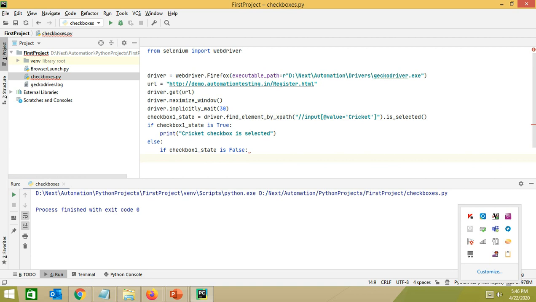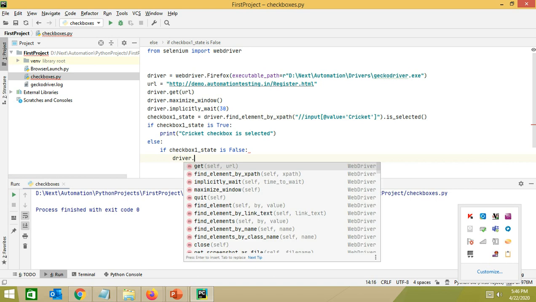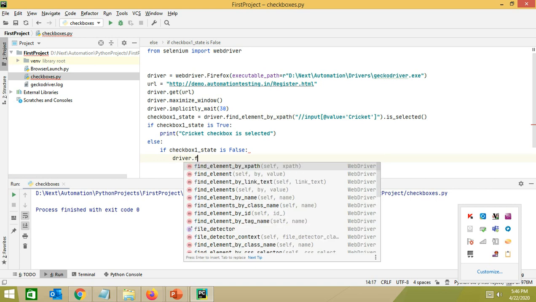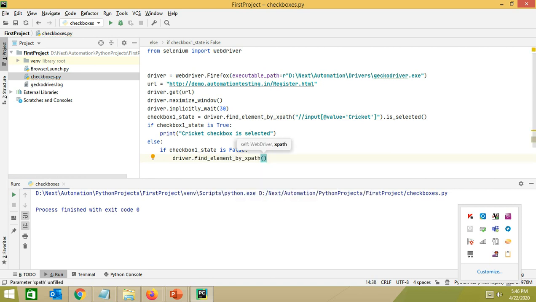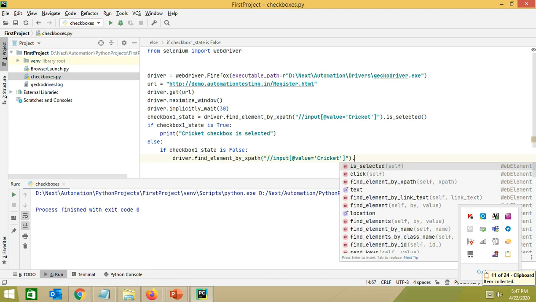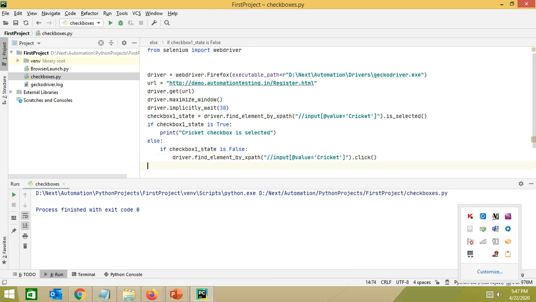we'll change the selection. We'll write driver.find_element_by_xpath, and we'll mention this XPath here, and we'll click on this. So this will change the selection whatever it was.